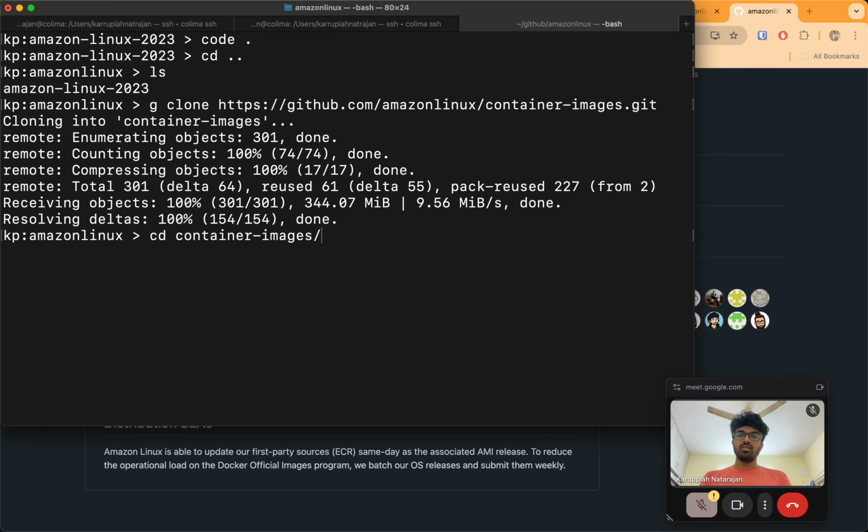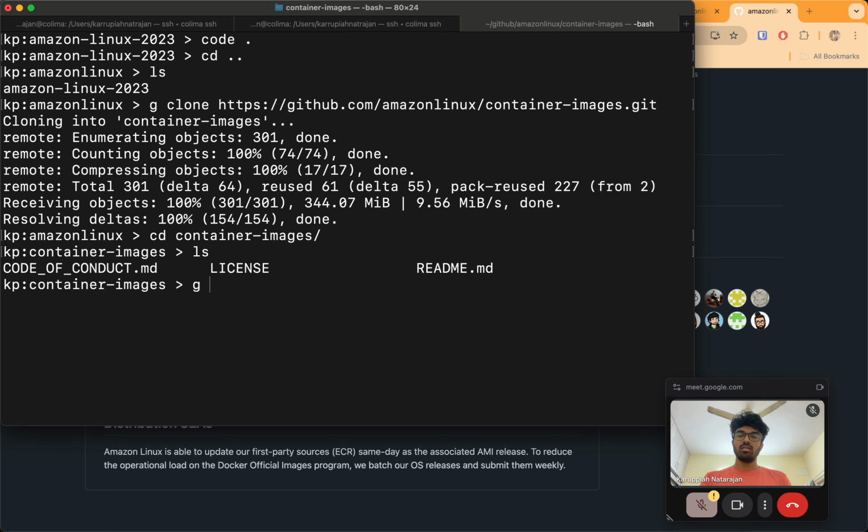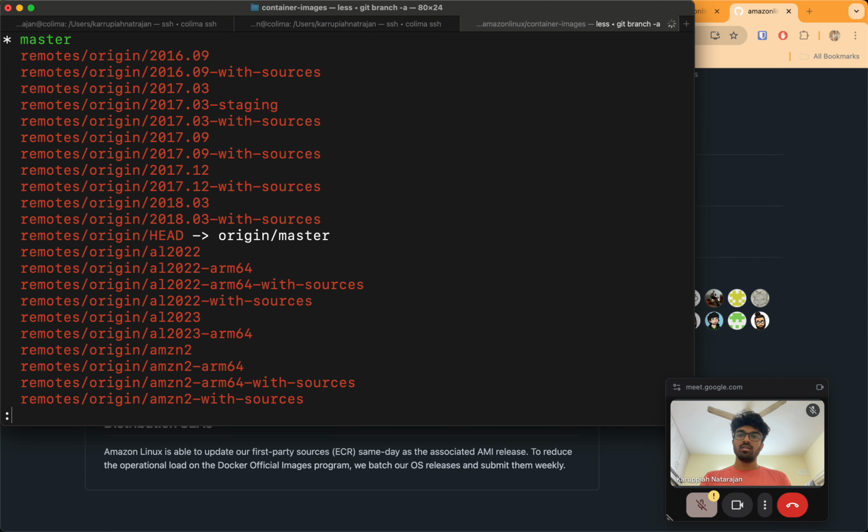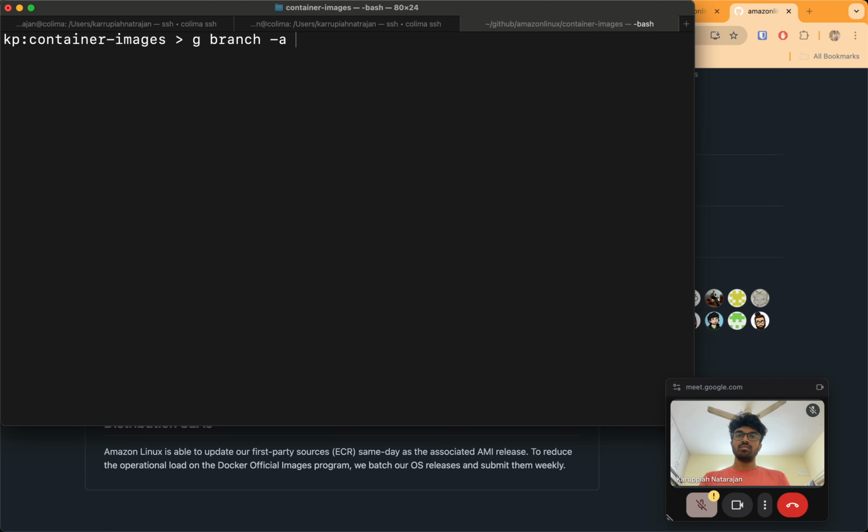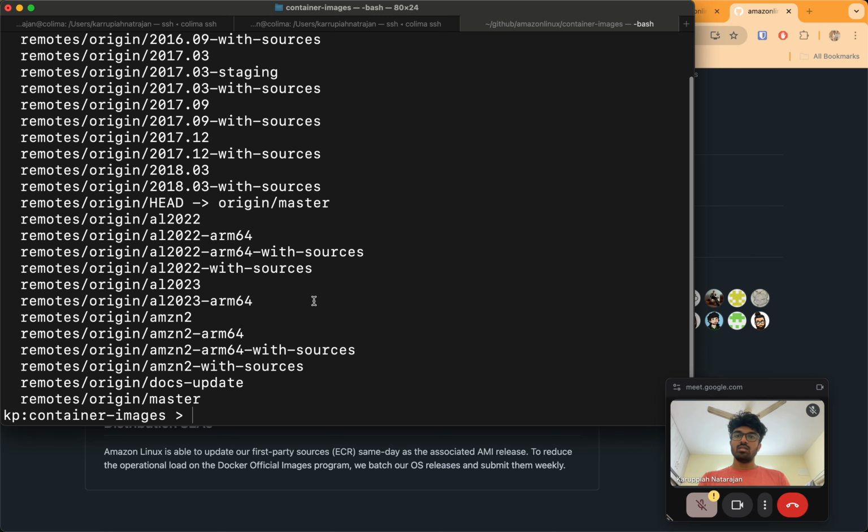Maybe I'll just get into this and see, maybe quick branch, FNA. That's a lot of branches, so can't. So 2023 ARM64 and maybe with sources is something that I can check out.